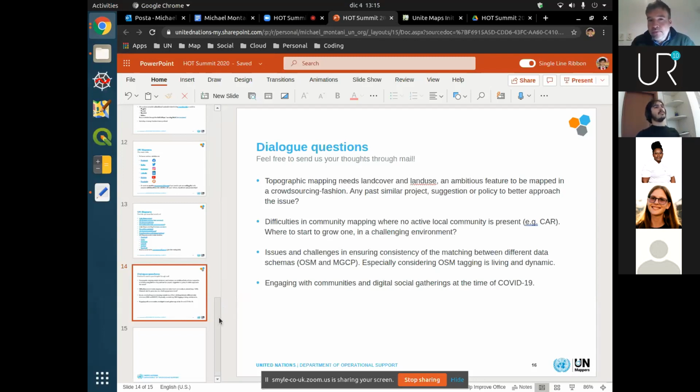About 3 years ago, and this is when the Unite Maps initiative comes in, we decided to change completely the mindset and the paradigm, and we wanted to embrace open source and especially the OpenStreetMap community. So now the idea is to have a win-win scenario in which we can support OpenStreetMap, and at the same time, obviously, get help and support from a wider community, such as the OSM community.